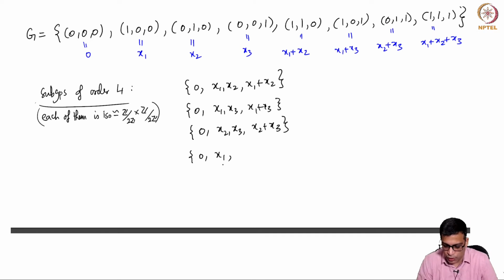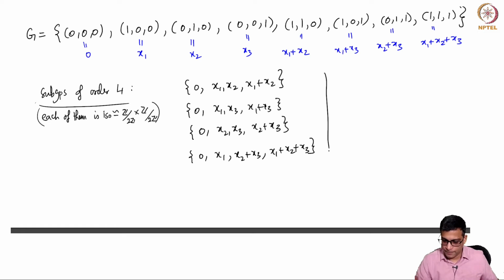We can take 0, x1 and then some other element, for example x1 plus x2. Then if you take their sum you get x2. So this is the same as the first one, so I don't want this. So I'll take x1 plus x3. Then I get x3 again. So I don't want to take either of these elements. So maybe I'll take x1, let's see, I get x1 and x2 plus x3. That appears here, but that x1 is not here. So I get x1 plus x2 plus x3. Okay, there are 4 so far, and let me write it here.